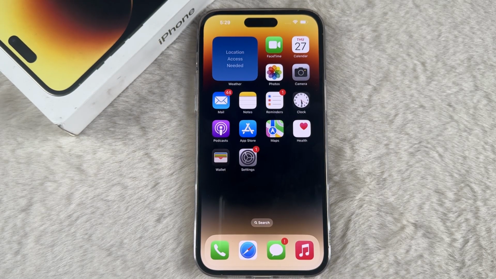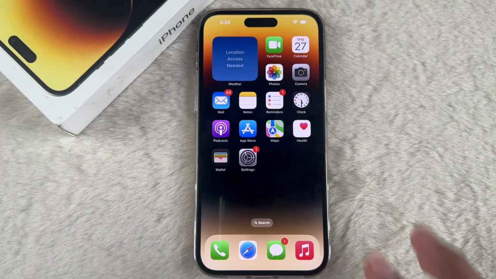In today's video, I will show you how to silence unknown callers on your iPhone using the latest version of iOS. So, let's get started. Silencing unknown callers helps you avoid distractions by automatically muting calls from numbers that aren't in your contacts. These calls will be sent to voicemail and appear in your recent calls list, but they won't ring.